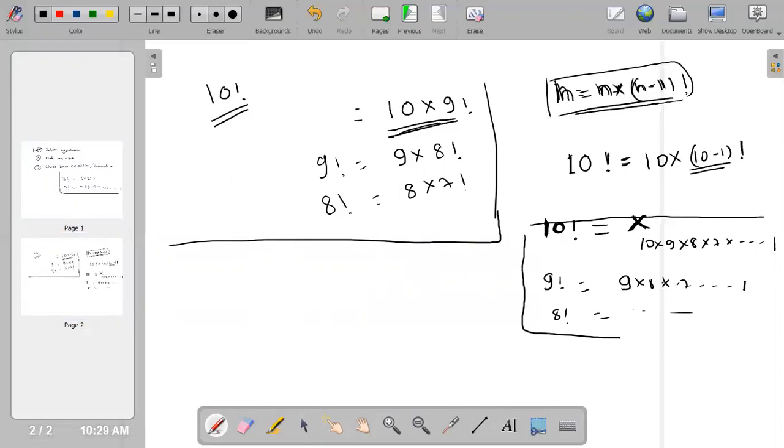If you see, it's very simple. Whatever value you're calculating, that number will be multiplied by all the numbers less than it. So 8 factorial will be 8 into 7 into 6 till 1, right? So this is the hypothesis. Okay, so I got the hypothesis. If I have to write some fact function, then fact of n, I can call fact of n minus 1.